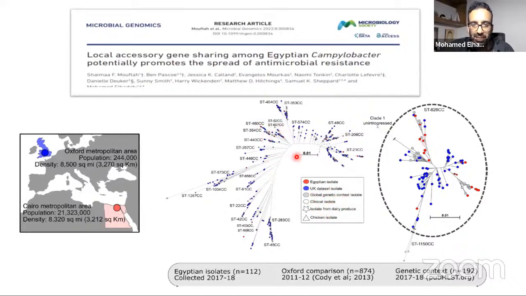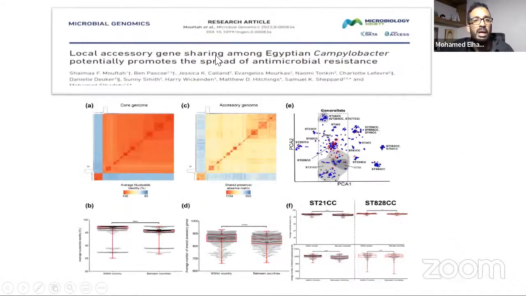You can see this is in jejuni and this is in coli. You can see that the Egyptian isolates are clustered well with the global datasets, the Oxford and the global ones, based on core genome. So it means that based on core genome, there is no big difference between the Egyptian one and the global one. Yet,